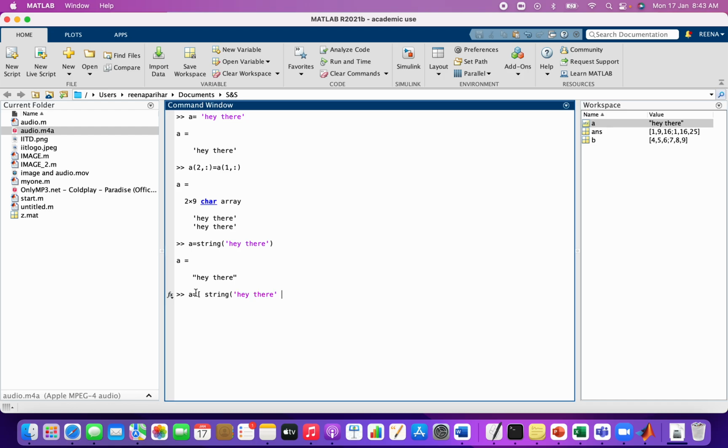If some error is there, it will show by a red mark. So these are two strings, two statements basically, with a different character length. So yeah, this will just display there, right?